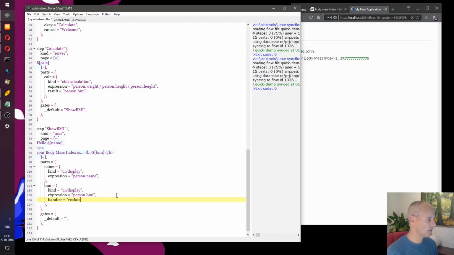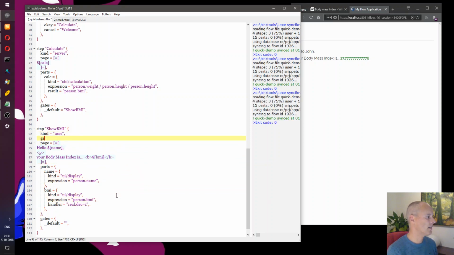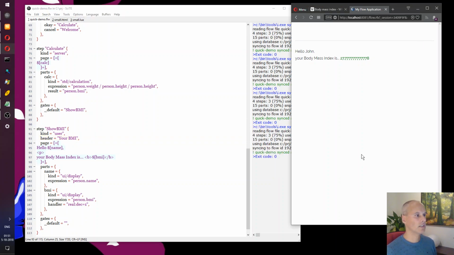This is a floating point value, but I only need 1 decimal. Oh, and I also forgot a header value for the top of the page. So let's do it like this. Refresh the page. And there we are.